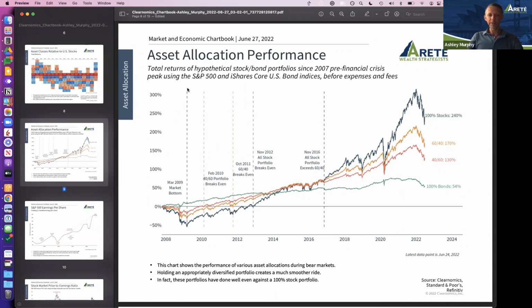This is saying if, going back to March 2009, you heard me say that was the market bottom of the current cycle that we're in, if we have selective amnesia and forget about Q2 of 2020 and COVID, if we forget about this little decline right here, then what you would see is that if you were 100% invested in stocks, your total return would be 240%. If you said stocks make me nauseous, I really have a very low risk tolerance, the bonds, you would be up 54%. So my answer is greater allocation to stocks.